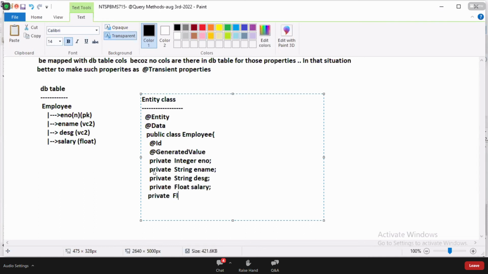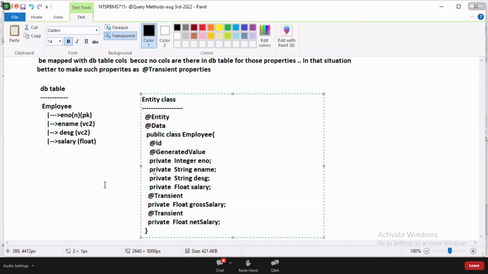Private float grossSalary. Got it, guys? Private float netSalary. Listen, these four are okay. But these last ones, for my presentation they are required, but they are not required in persistence operation.